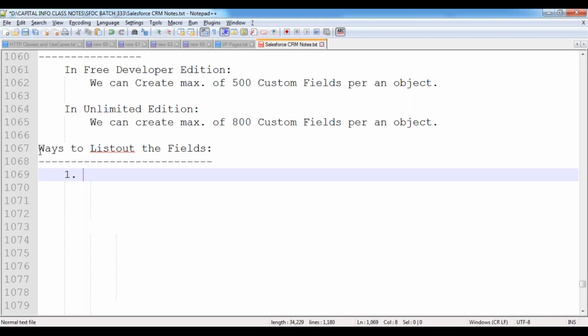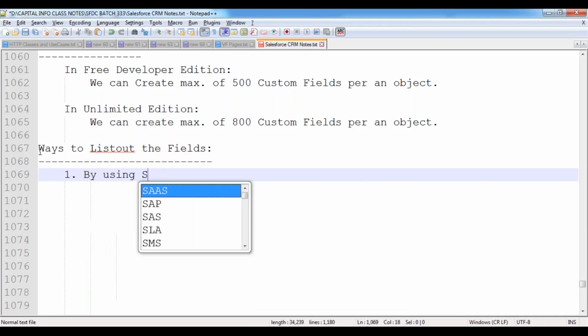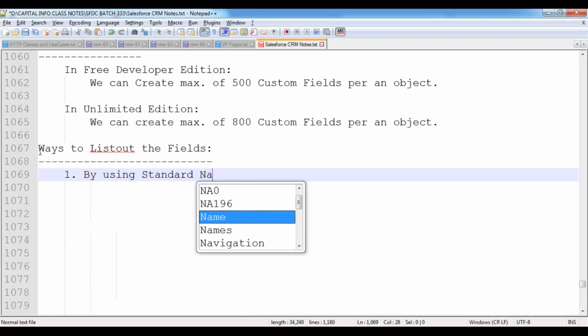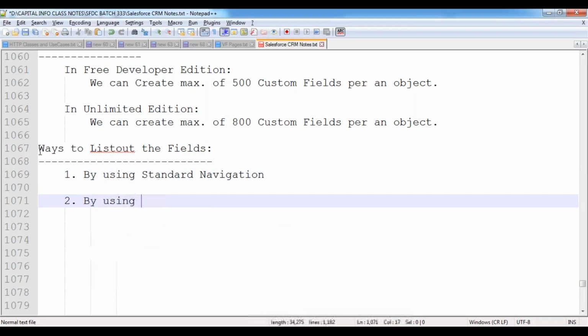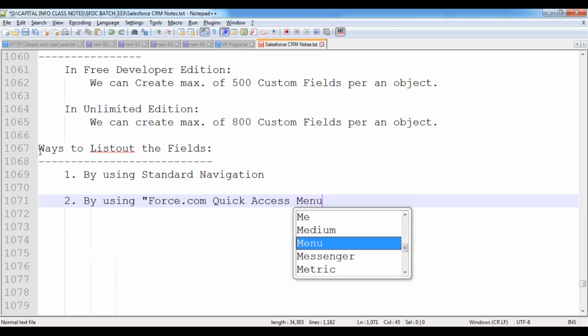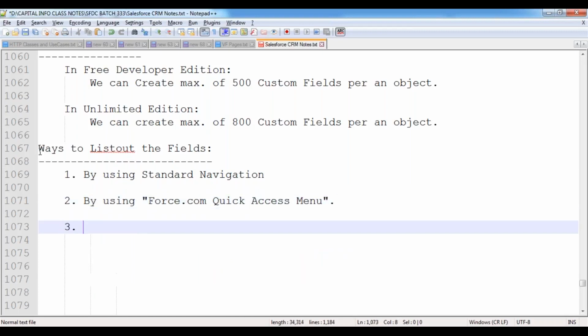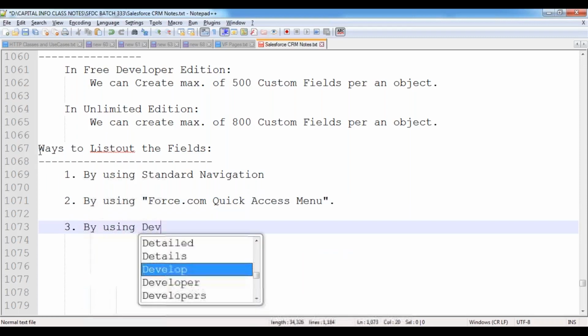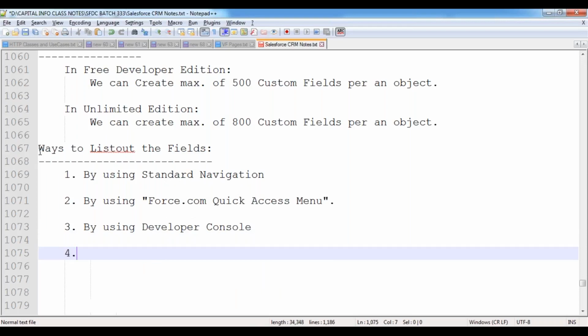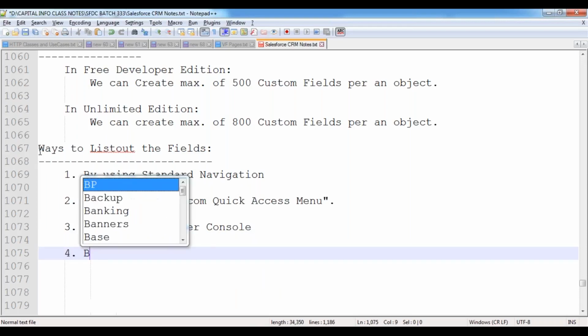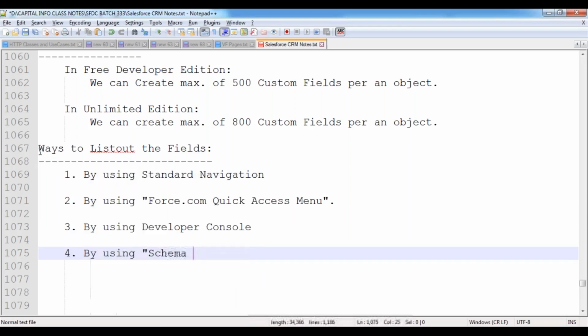The first one by using standard navigation. Second one by using force.com quick access menu. Third one by using developer console. Fourth one by using schema builder.